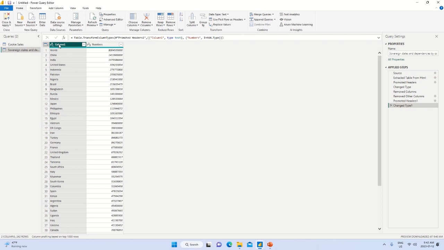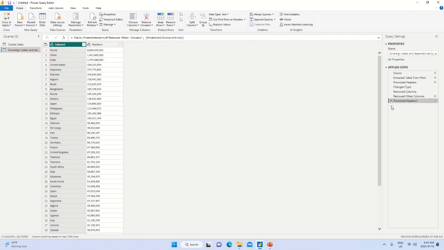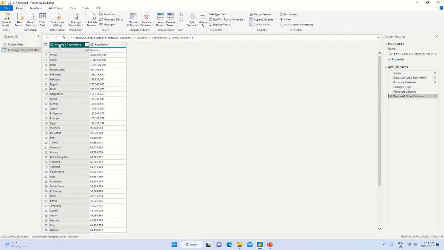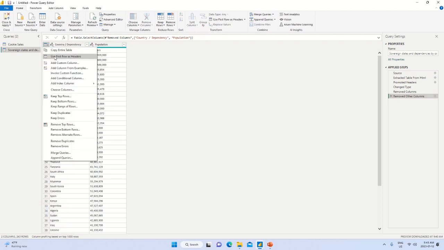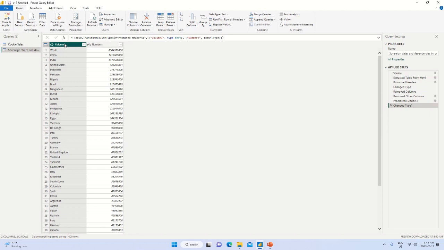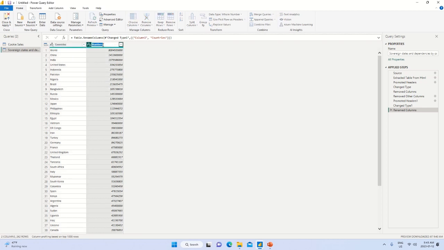So if I want to remove the steps that I removed, promoted headers, so country and population. Again, first row as header, double click here. Here I want countries,